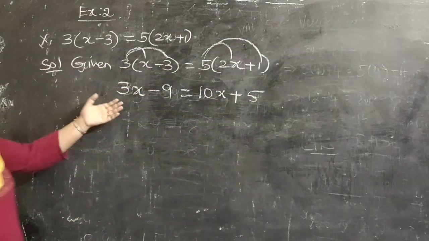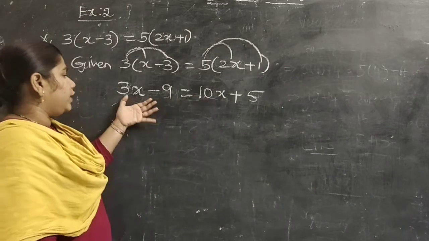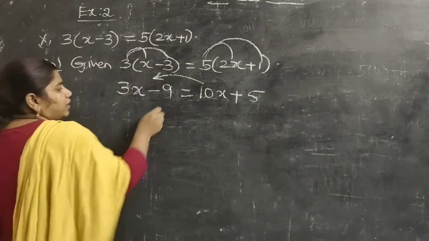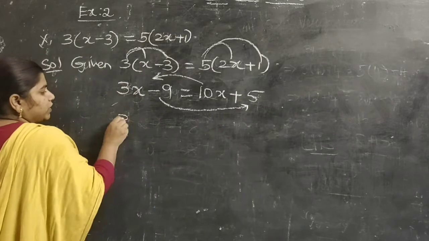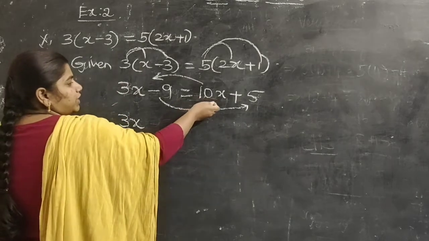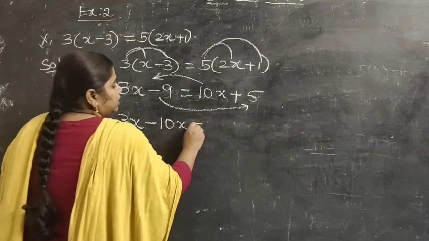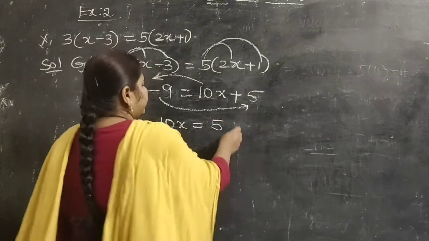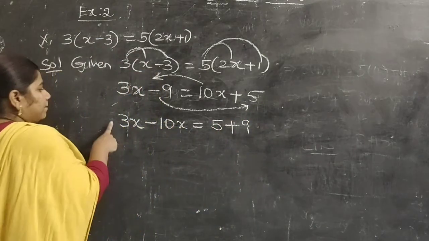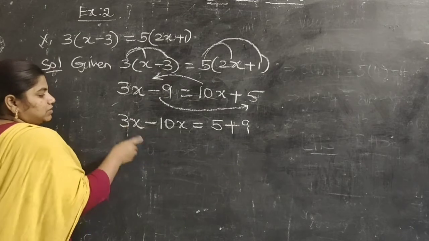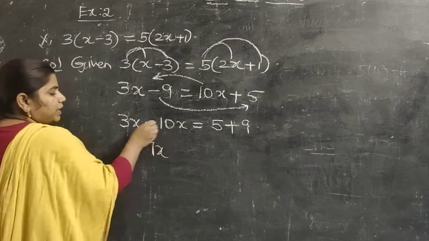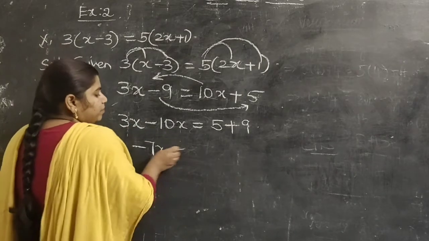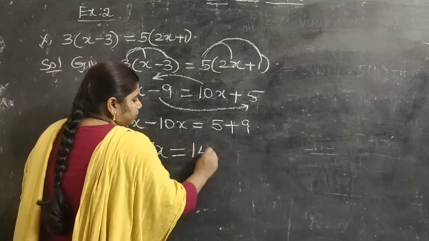Now this has been converted like before problems. So first you transpose all the variables to one side and all the constant values to the other side. So transpose plus 10x to this side and take this minus 9 to the other side. So 3x, if you transpose this plus 10x to the other side, that will be minus 10x is equals to plus 5 I am writing as it is, and minus 9 if you transpose that will be in the form of plus 9. Okay, now plus into minus is minus, 10 minus 3 is 7, x, bigger number sign is minus, so you got minus 7x. 3x minus 10x will be minus 7x is equals to 5 plus 9 is 14.